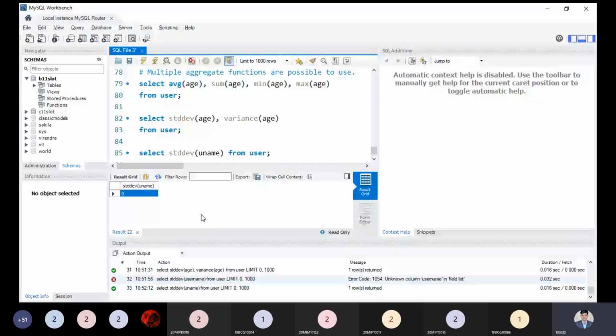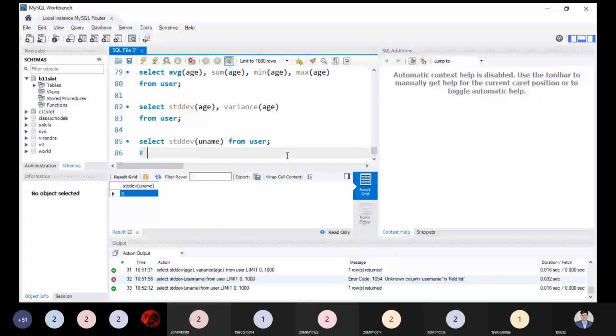This is the point you have to keep in mind properly: aggregate functions work on mathematical data values only. Name is not a numerical data-holding column.